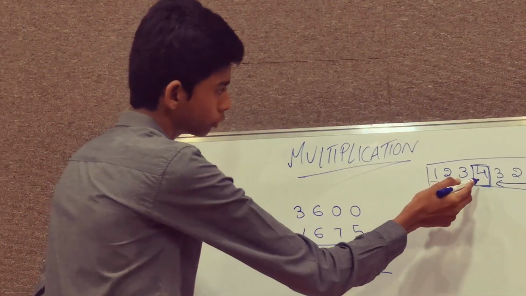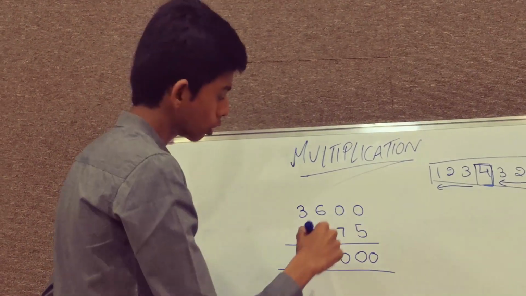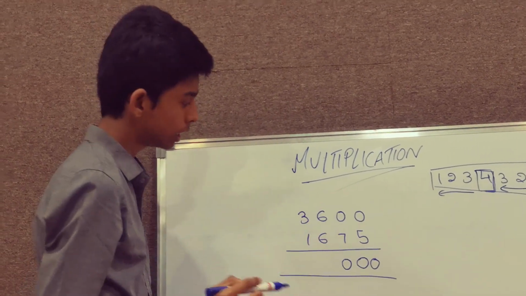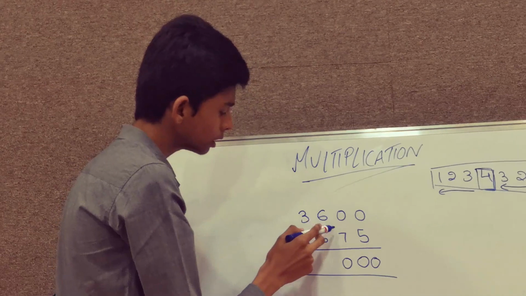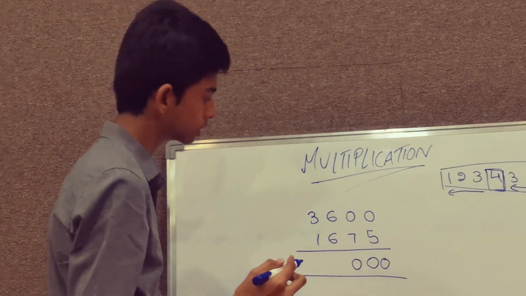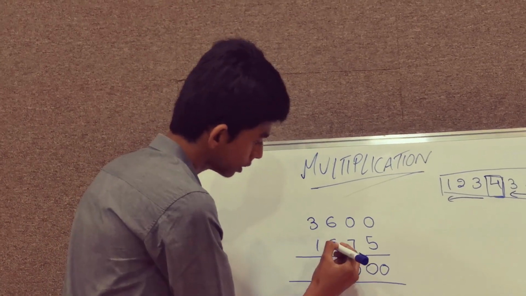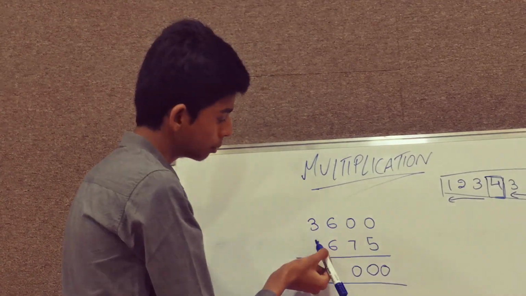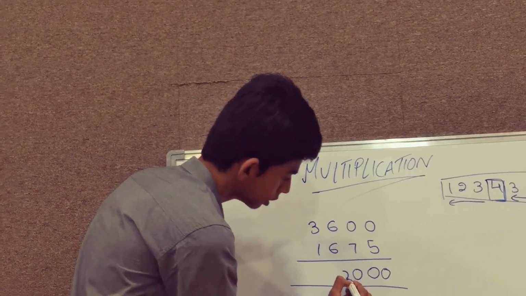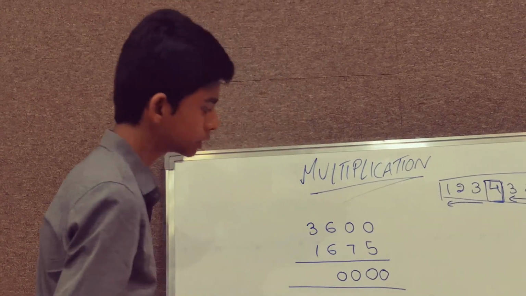And then what is the fourth step? We have to take the 4 columns. So 5 into 3 is 15. 15 plus 3 is 18. And then 6 into 7 is 42. So 42 plus 18 is 60. And then 6 into 0 is 0. Plus 1 into 0 is 0. So writing here 0 and keeping 6 in the mind.